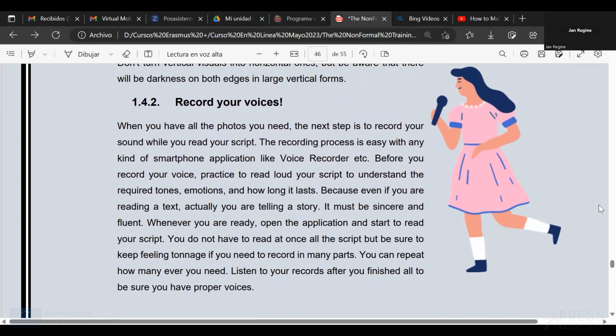But some others have a tool in which you can include the voice. There's a different file for recording your voice and including it in the edition. But there's also an application called Voice Recorder that you can download from Google Play again, and you can use it in your smartphone. So here is the moment when you have to think of everything before you download any